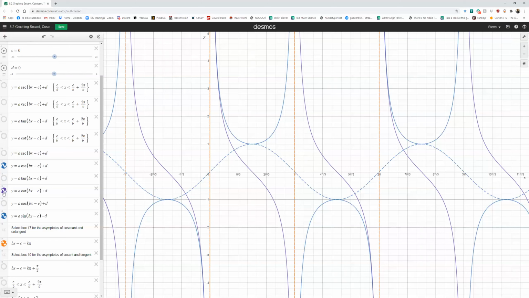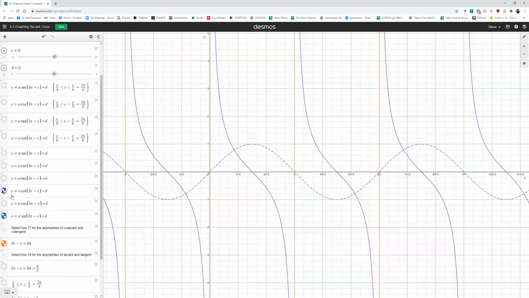So, the reason for that being that both of these functions have a denominator of sine. So if we turn cosecant off again for a moment and just look at cotangent's relation to sine, again, we see that those asymptotes show up everywhere that sine hits the x-axis. So if we look at just cotangent without anything else except for those asymptotes,